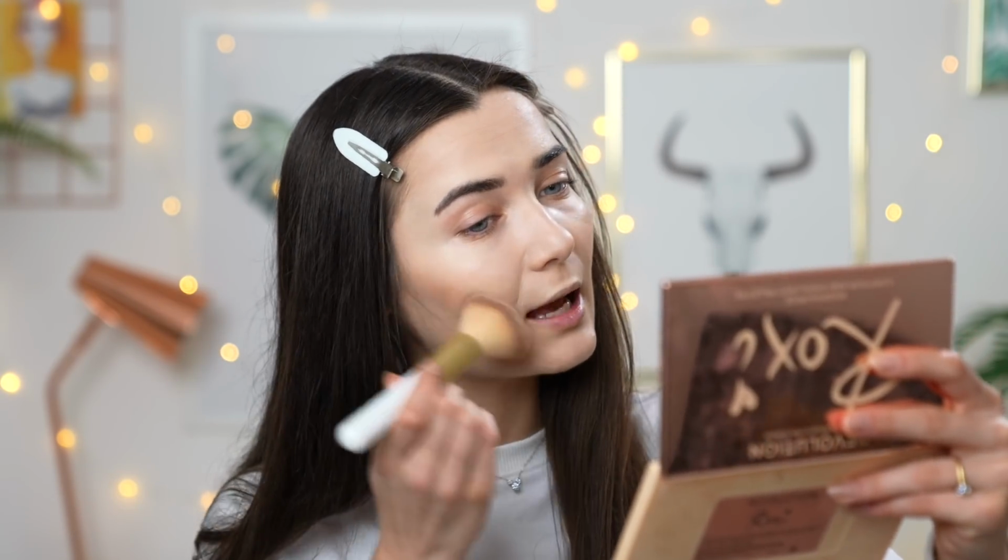So I'm just gonna bronze up a little bit with my ROXI X Revolution Contour and Highlighter palette. I'm using the biggest brush from my All You Need set, and I'm just gonna basically warm up my face a little bit